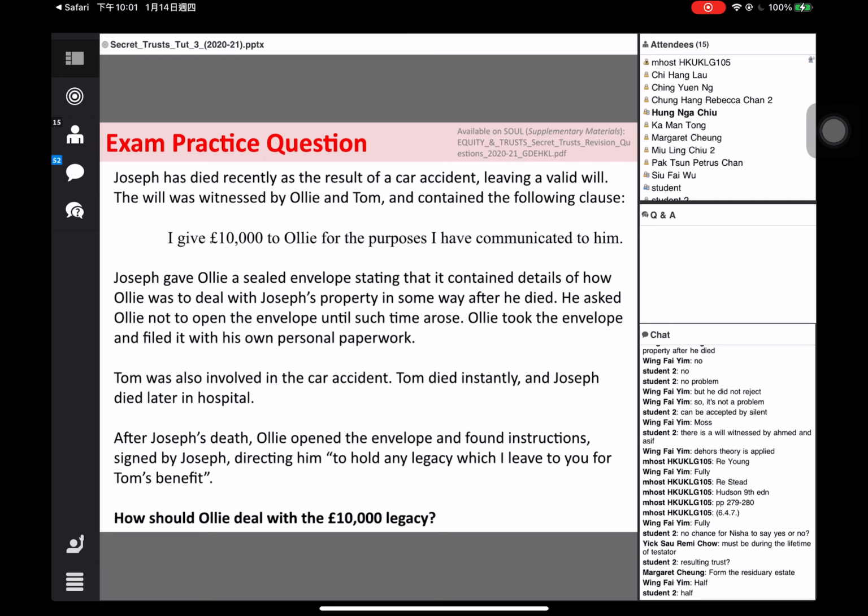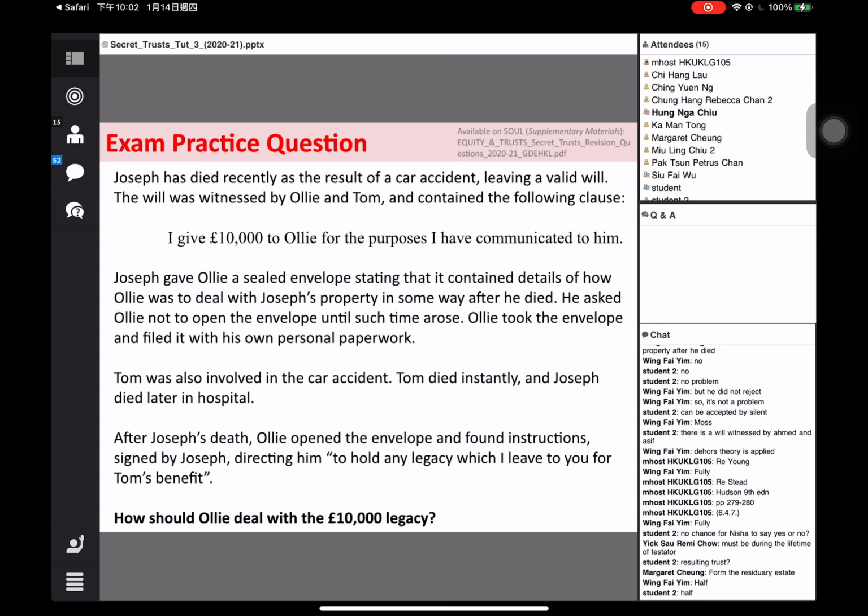It's perfectly okay, according to Re Keane, for the terms of the trust to be included in a sealed envelope, but very importantly, the secret trustee must be aware that the envelope contains the details of the trust, and the secret trustee must agree to hold the property on those terms. Now, in this case,